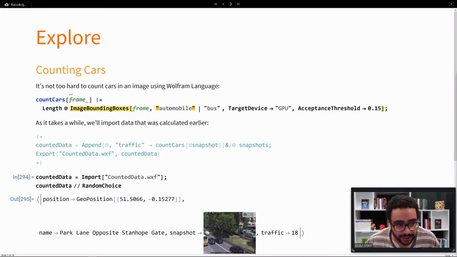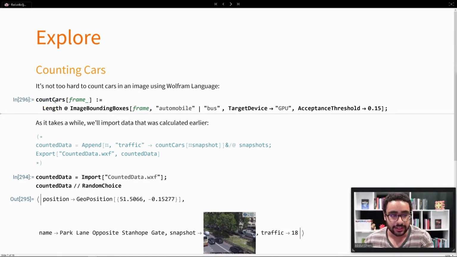Someone is wondering why some things are blue and some things black in terms of the variables. This is quite a useful thing in the Mathematica front end. Basically, if it doesn't have a definition for something at the moment, it'll color it blue. Otherwise, it's colored black. So if I run this and define count cores, then count cores changes color to let us know that it has a definition. So this is quite useful for debugging,